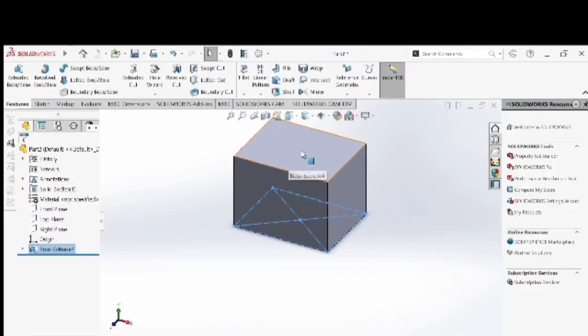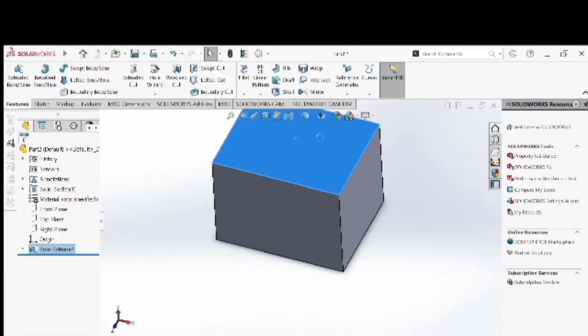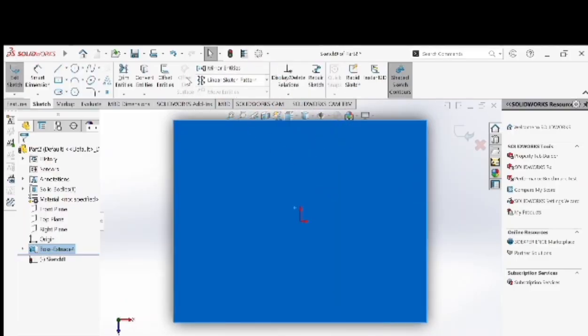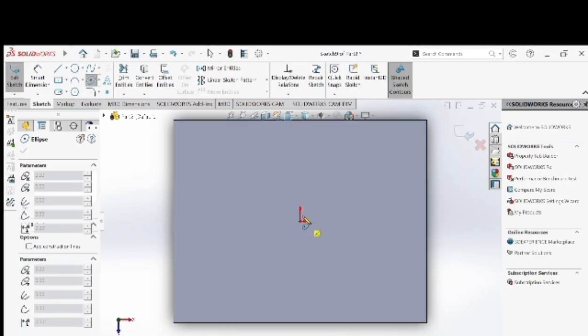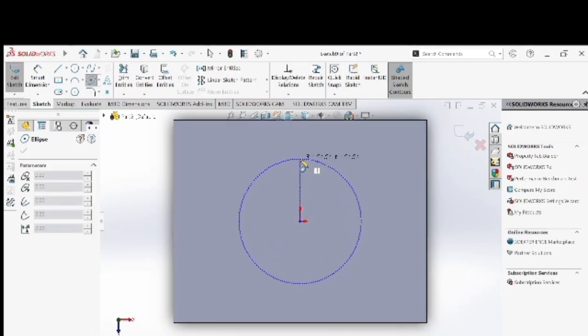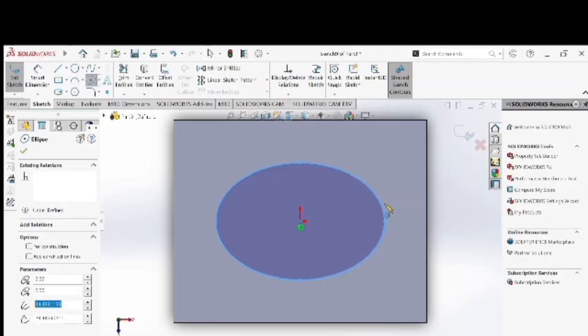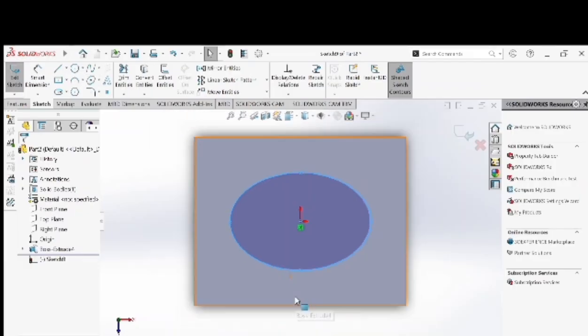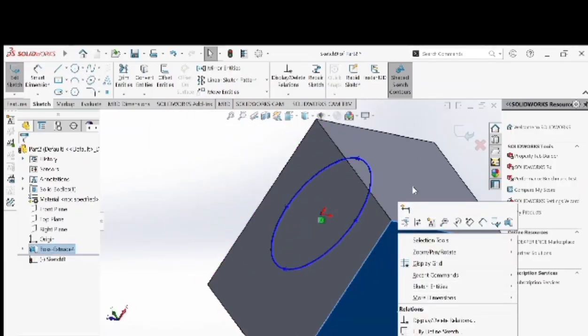and then sketch on the top, click sketch, click the ellipse and sketch in the center. Click check, and then exit on the sketch,